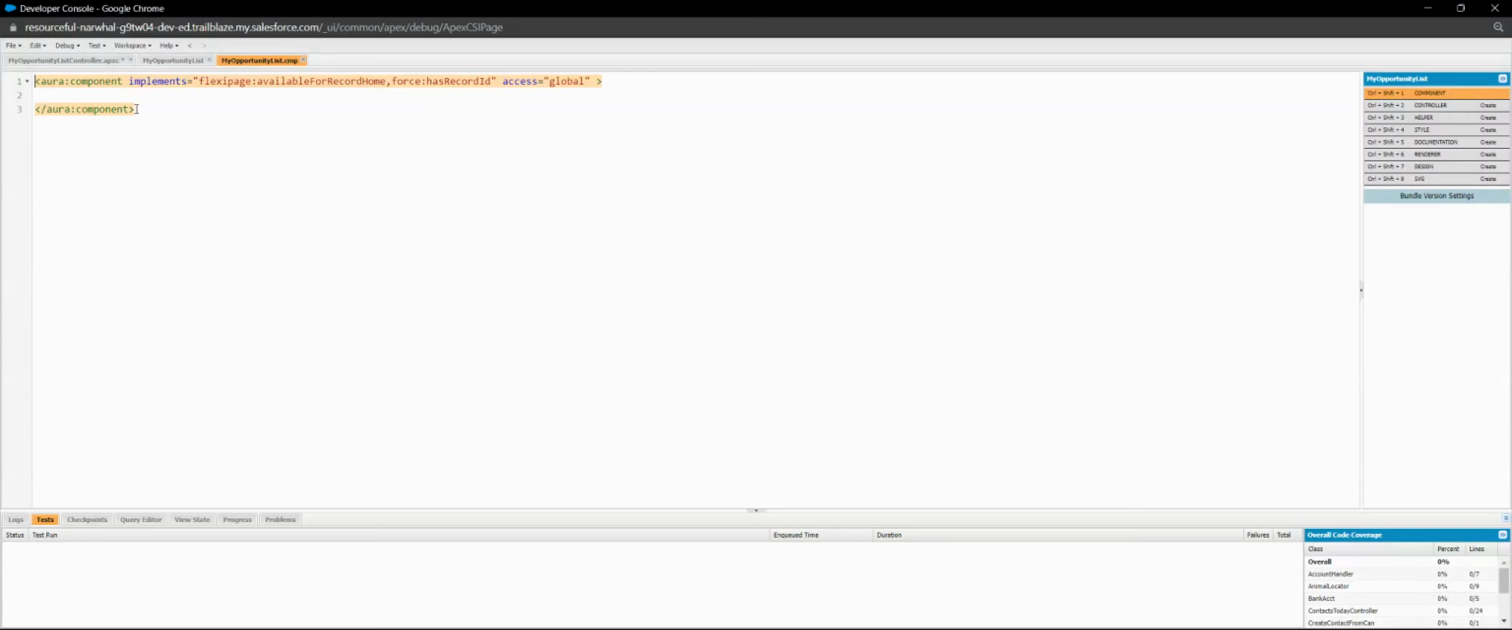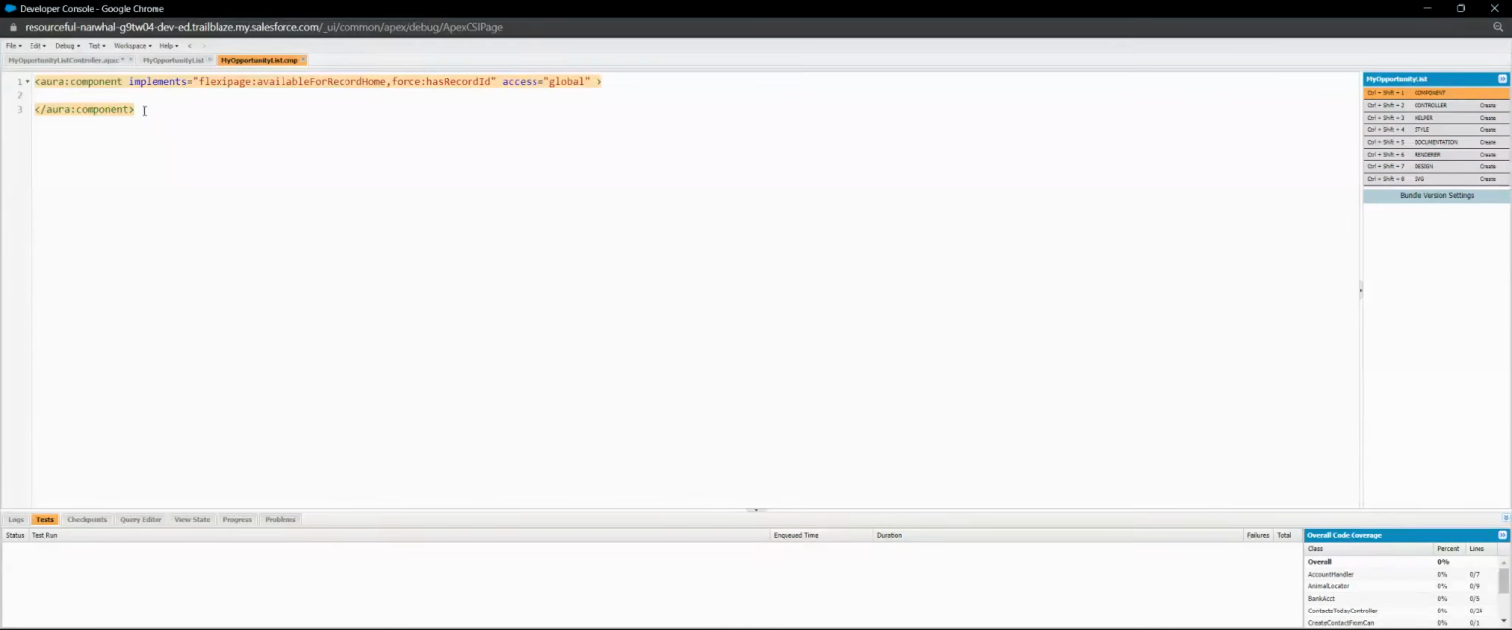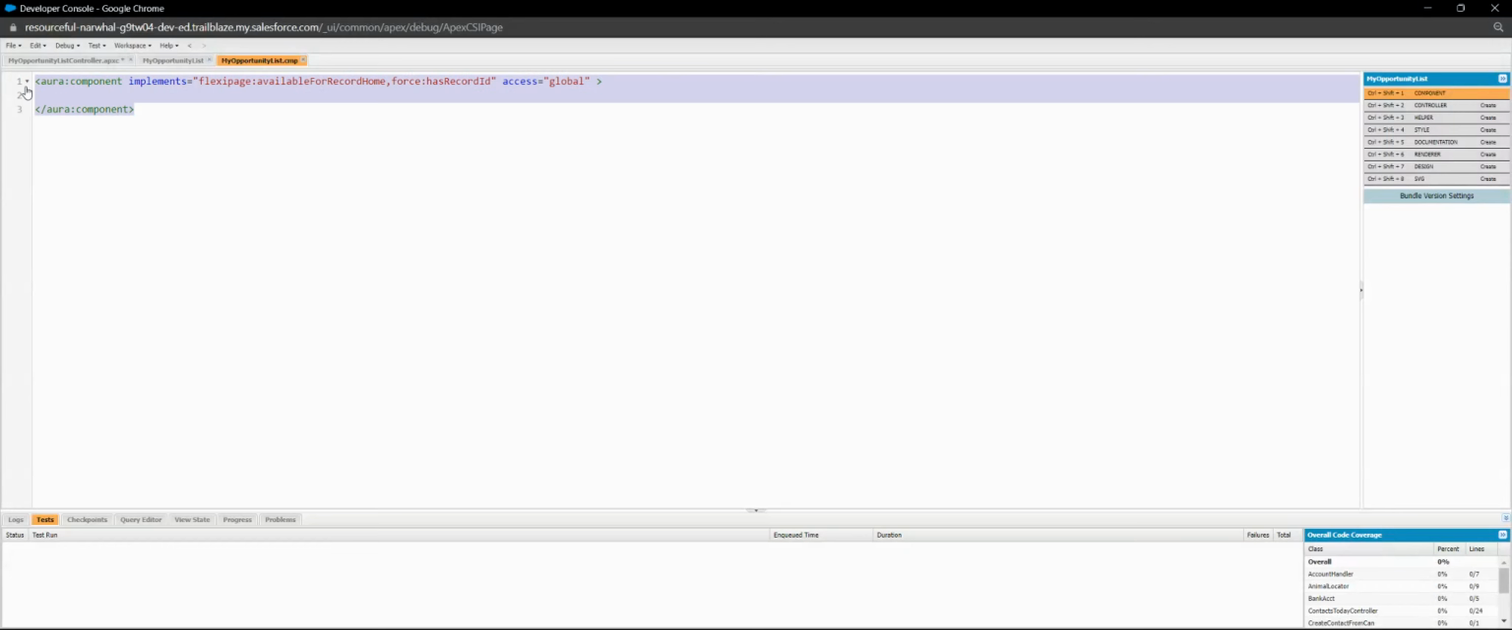So basically, this is what we start off with. And I'm going to paste the code. And the attributes and things like that are going to go here. And another bit of code is going to go right after this component that says controller equals My Opportunity List Controller, and that is to reference this My Opportunity List Controller. So here I'm going to paste the code